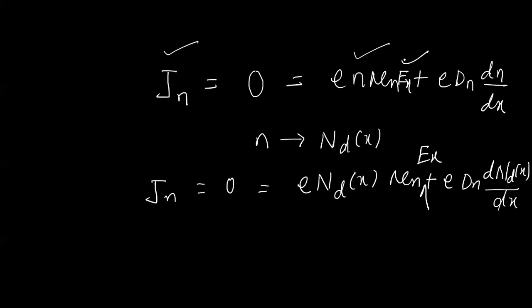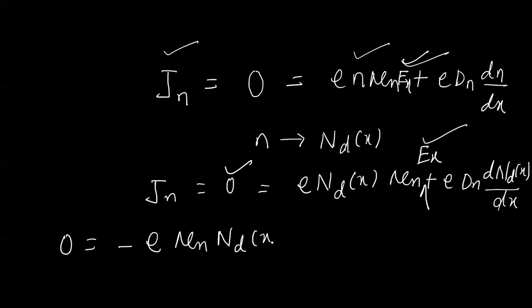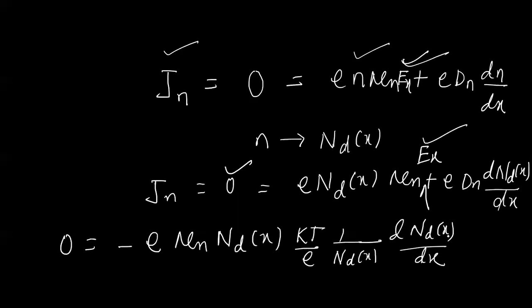So if I substitute the E_x value here, this 0 must be equal to minus e, substituting the value of E_x, mu_n N_d(x) kT/e times 1/N_d(x), function of x, and then dN_d/dx,